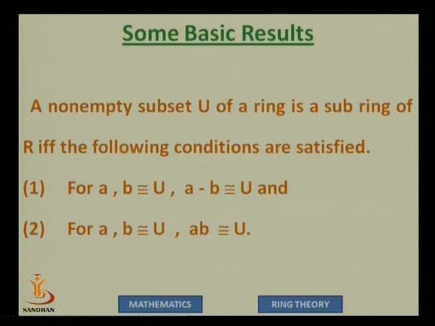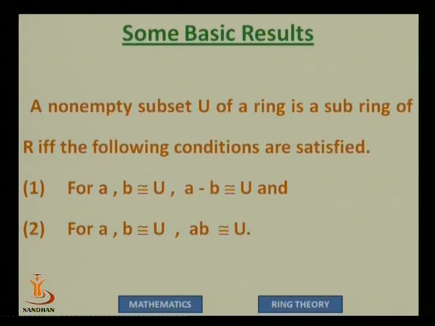Now again, suppose R is a ring and U is a non-empty subset. If we want to check whether U is a sub-ring or not, we have to check whether U is a ring or not. And a ring has 8 properties, so we should check 8 properties to see whether U is a ring. If those 8 properties are satisfied, then U will be a ring. Since it was already a subset, it will become a sub-ring.